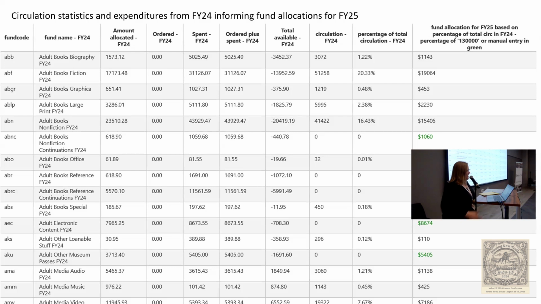So you can see, oh yeah, this is the report, good. I seriously was starting to think I was hallucinating this. So this is the report where you see amount allocated, ordered, spent, and ordered plus spent, and then total available. That's the acquisitions homepage, right? And